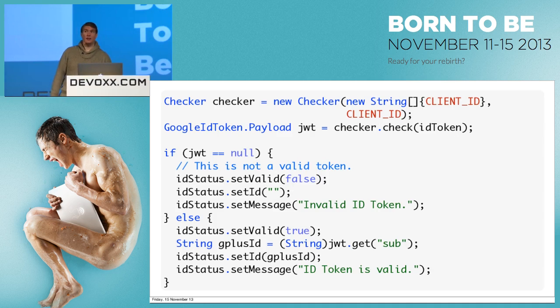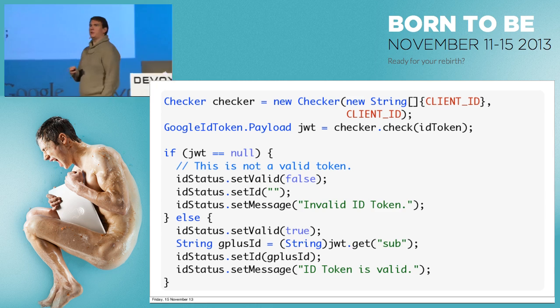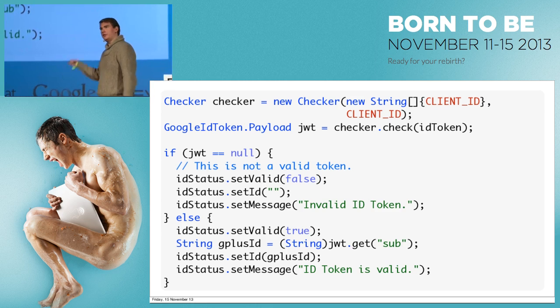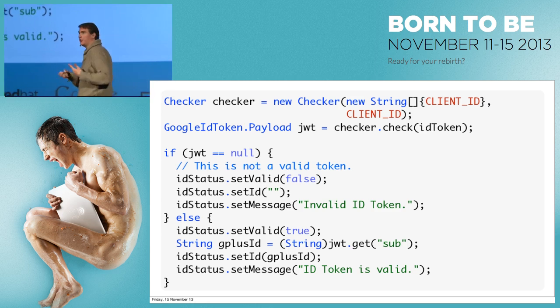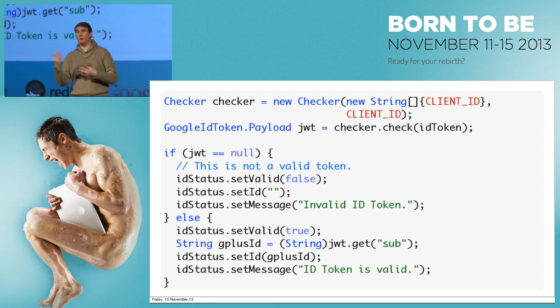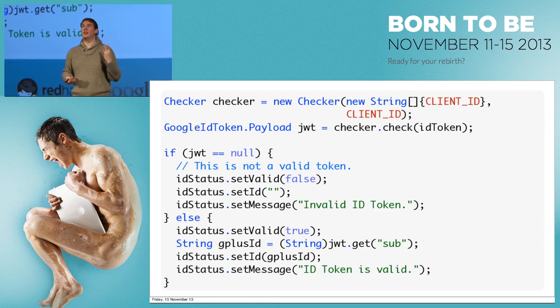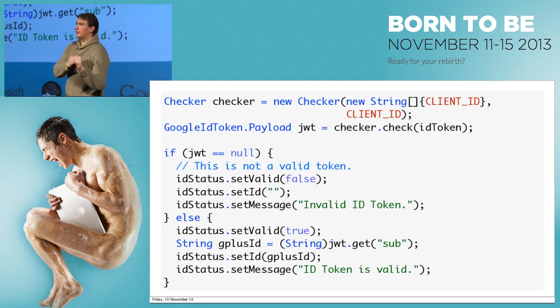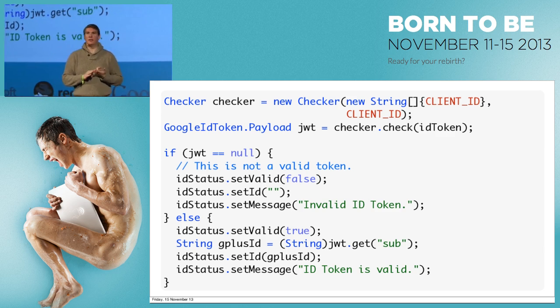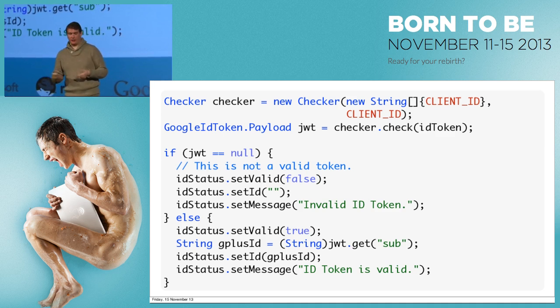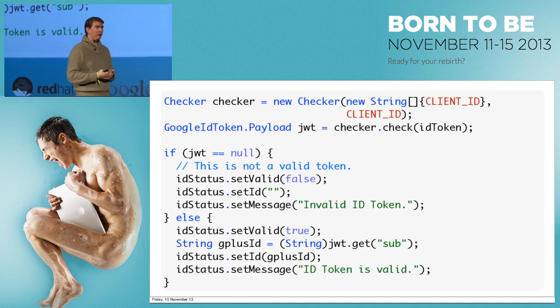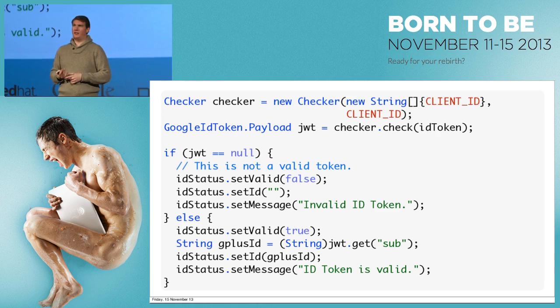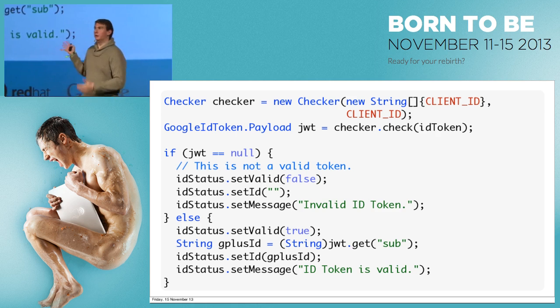Check-in is very easy. There is some crypto involved, so it's best to use one of our client libraries. This is the Java client library. You see it's really straightforward. There's just a checker object. We can pass it that token, and it's going to go ahead and check to see whether the certificate matches. We can check to see whether the client ID matches, so it's for the application we expect it to be for. We check whether it's expired and that kind of thing. So we can pull all those checks together, and if they're okay, return the Google user ID.